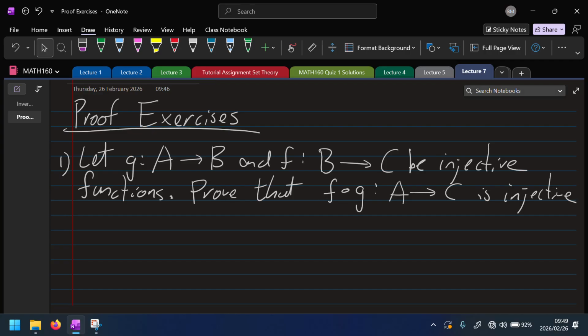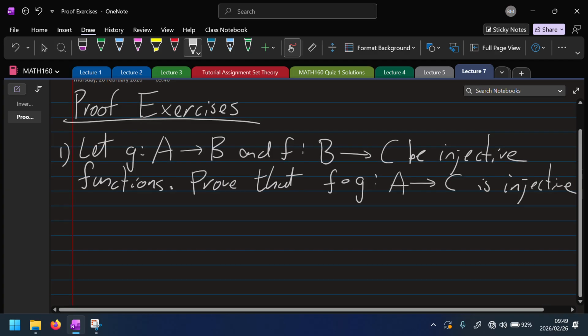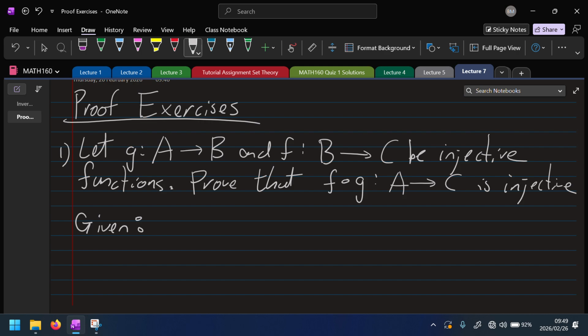So how do we go about proving this? Well, we know how to show something is injective. So we start by showing that this is injective with that calculation, and along the way, we are going to use what is given. That's always the setup. We start with what we need to show, we use what's given, and the answer just comes out. A little bit of thinking, but it just comes out. Okay, so the idea is we write down what's given. Now you don't always have to do this, but for the first few, it's a good idea to set it out like this. So given: